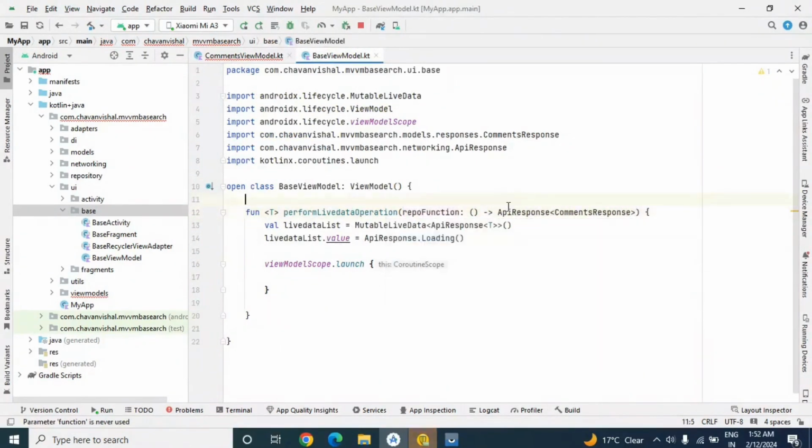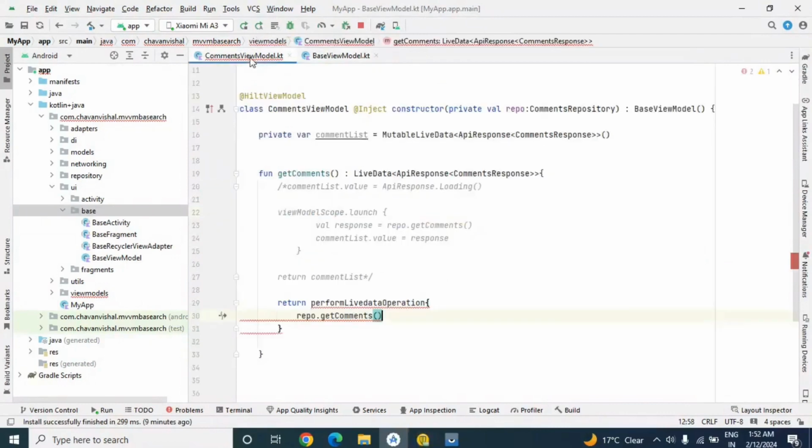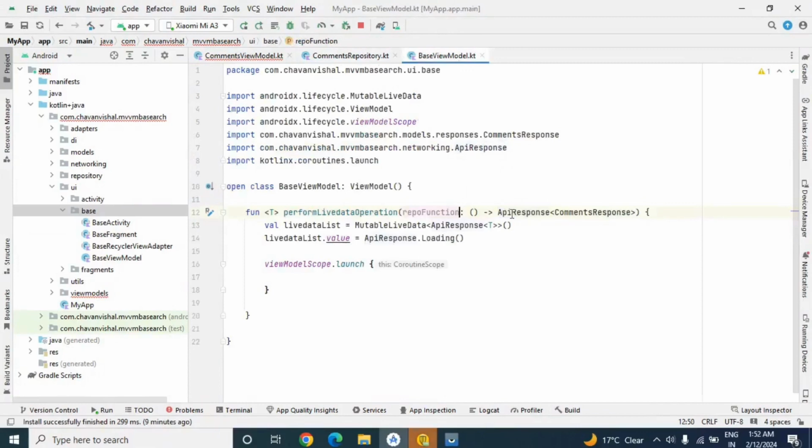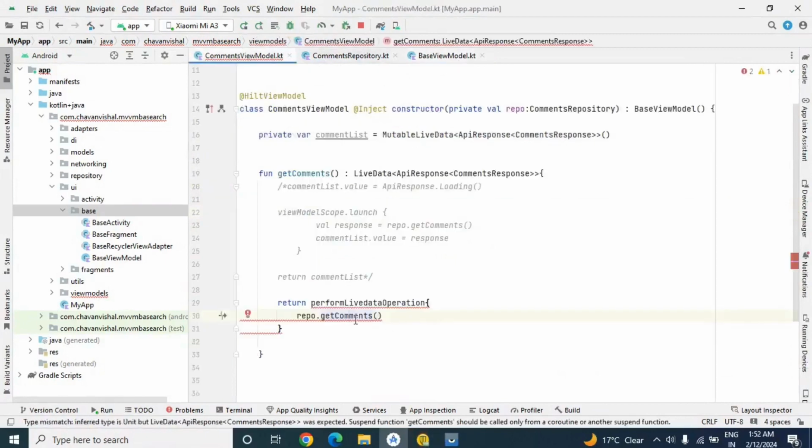Okay, and it will return, see, if you see here our get response, what is written? API response of our model, right? API response of our model. So here also API response of our model. So model is our basically of type T. Okay, and also, yes, just a minute.